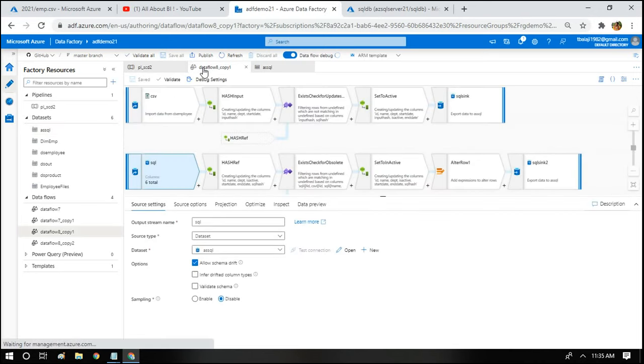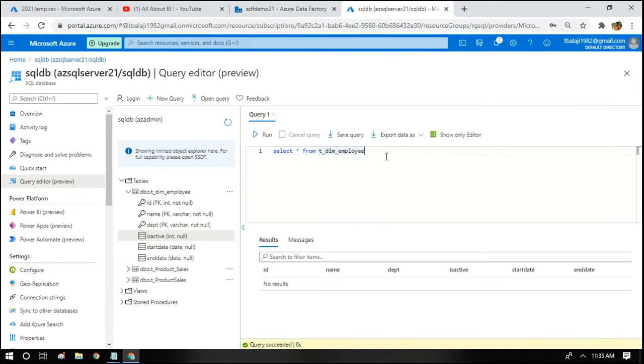Coming back to the data flow, the first thing we have to do is find the hash of the columns. Whichever columns we are targeting to identify whether a record is updated or not, we have to find the hash value. Hashing is nothing but a number generated out of the value that we are passing. There are various hashing algorithms available, MD5, SHA and others. In my case, I am going to use MD5.